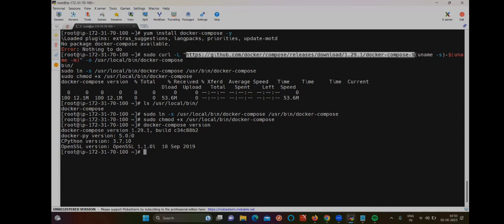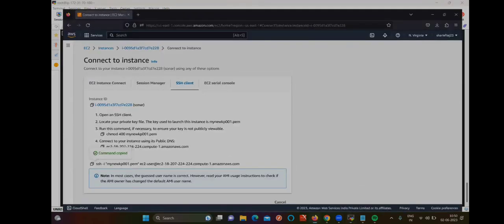What is the Docker Compose version now? 1.29. Which one is it? So these are the commands actually. Okay, don't worry about the commands. Copy and paste it on the server. Now, are you able to install Docker Compose? Okay. So now what I'm going to tell you is just go here and